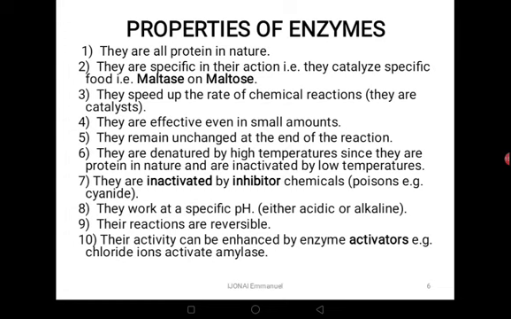Or better still, we can say they are biological catalysts because they speed up the rate of biological or biochemical reactions in our bodies. The other one is they are effective even in small amounts. You don't need to have a lot of enzymes for reactions to occur. Even in small amounts, after all, they can be reused again and again. So even a little amount of enzyme can act